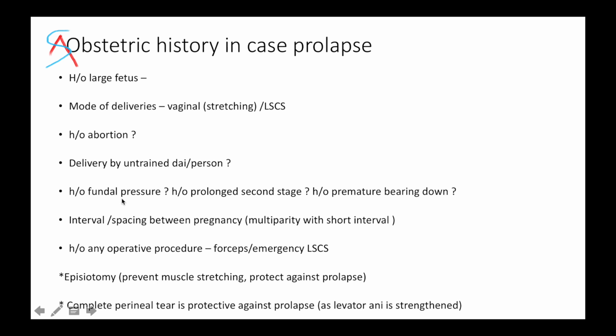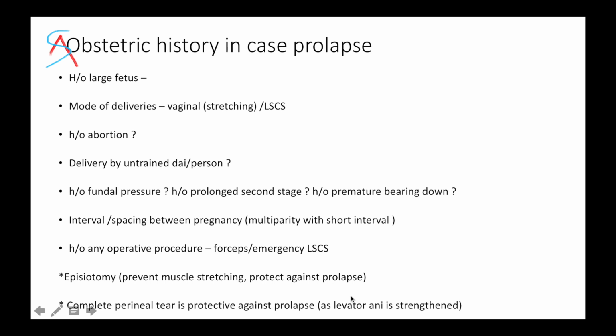Whether there was history of any fundal pressure or prolonged second stage or premature bearing down, because these are all risk factors for prolapse. If there is multiparity with short interval, that can also result in prolapse. Among operative procedures, episiotomy is generally said to be protective against prolapse because it will prevent muscle stretching. And if there is a complete perineal tear, it is said to be protective against prolapse because the levator